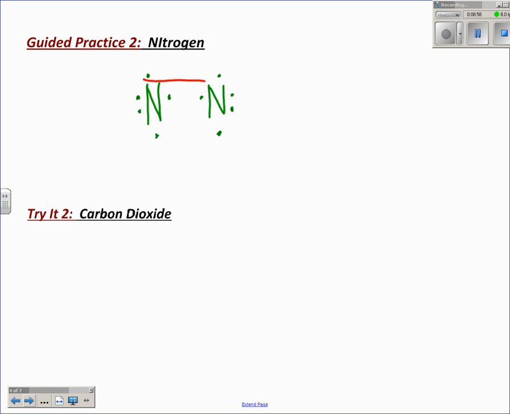Well, here's an unpaired electron from each atom. Here's an unpaired electron from each atom. And here's an unpaired electron from each atom. So let's look at what this looks like now. We have nitrogen. It has 1 pair of electrons. And this nitrogen has 1 pair of electrons. And it has 3 pairs between it. Do you see that? So each nitrogen has 2, 4, 6, 8 electrons around it, either shared or